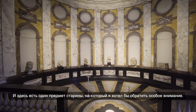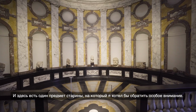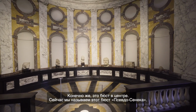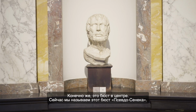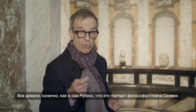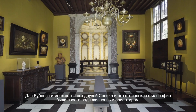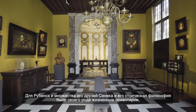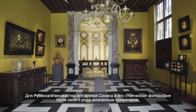And there's one antiquity that I would like to point out here, and that is, of course, the bust in the center, a bust that we now call the Pseudo-Seneca. Everybody thought, certainly Rubens thought, that that man represented the Stoic philosopher Seneca. And in Rubens's life, and in the life of many of Rubens's friends, Seneca in Stoic philosophy was a kind of beacon,